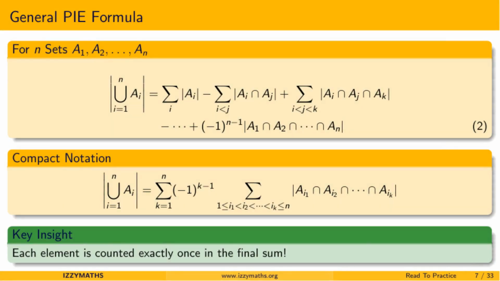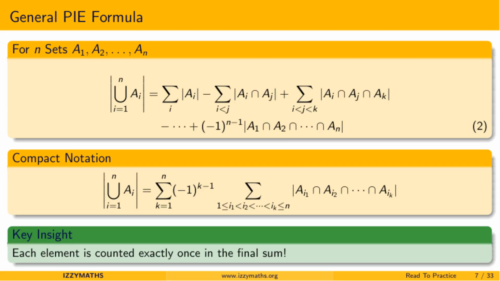For n sets A1, A2, up to An, the general formula extends our pattern. The absolute value of the union from i equals 1 to n of Ai equals the sum over i of the absolute value of Ai minus the sum over i less than j of the absolute value of Ai intersection Aj plus the sum over i less than j less than k of the absolute value of Ai intersection Aj intersection Ak, and so on, with the final term being negative 1 to the power n minus 1 times the absolute value of A1 intersection A2 intersection ...